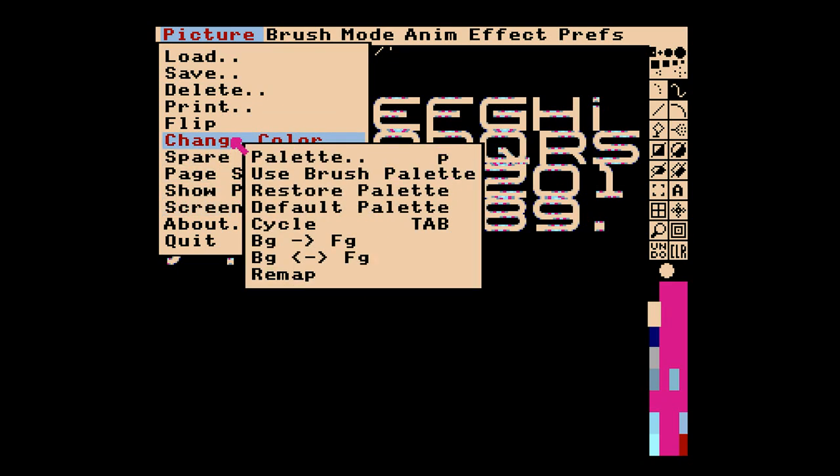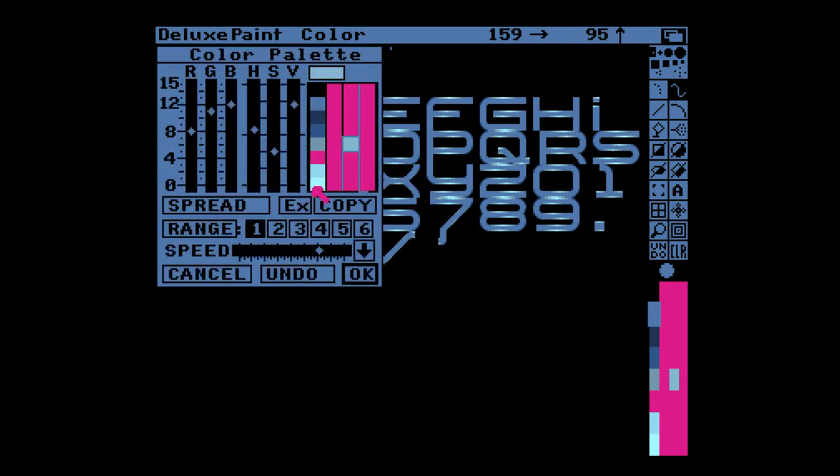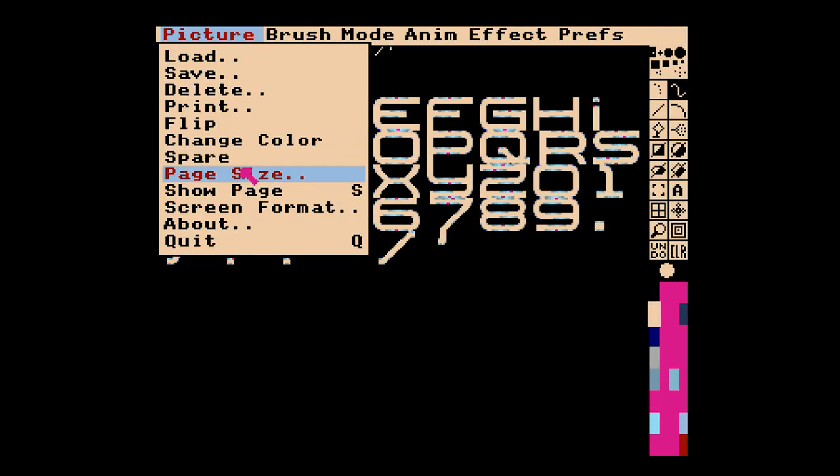However, when we change color and remap that, the palette will be kept, but the pixels that we're using that color will be remapped to suit the newly remapped palette that you wanted. So we can move these where we want, basically, and you can swap and change colors as much as you want, and then when you're happy with the color arrangement in the palette,